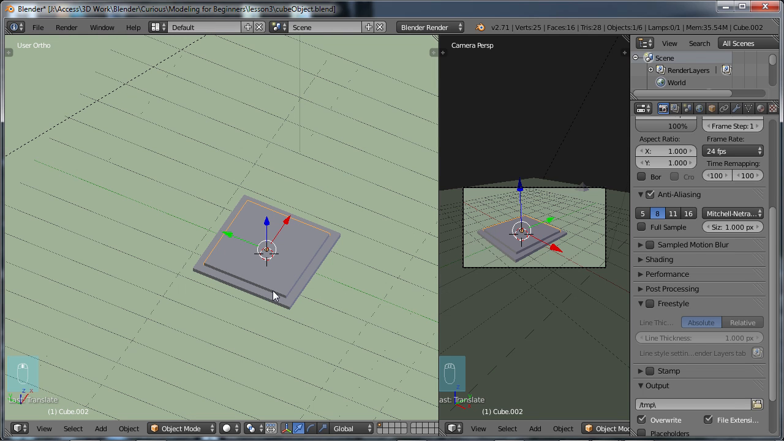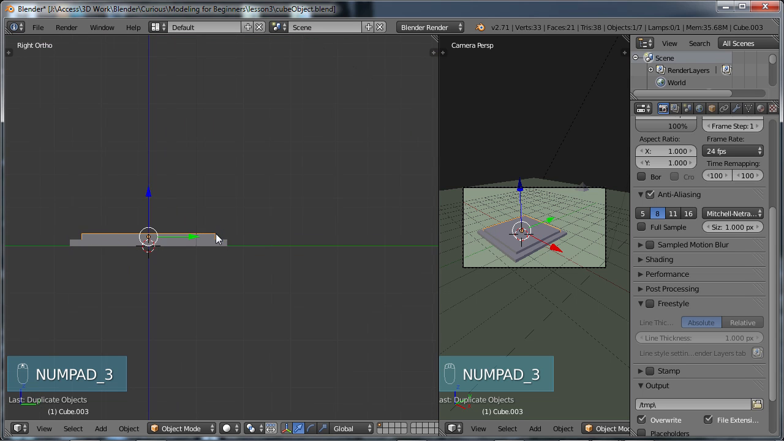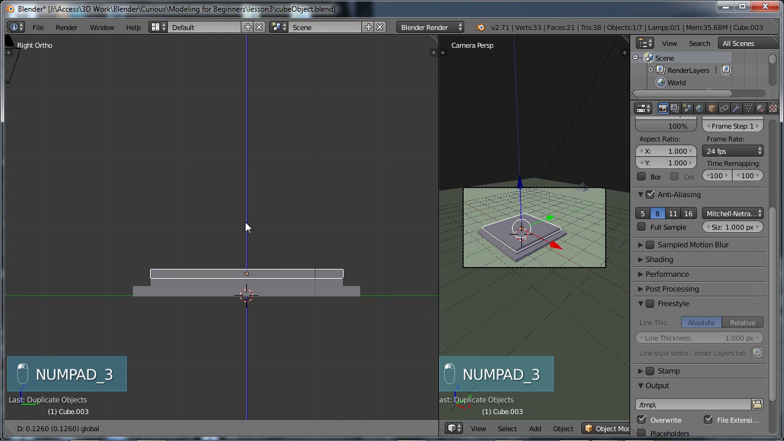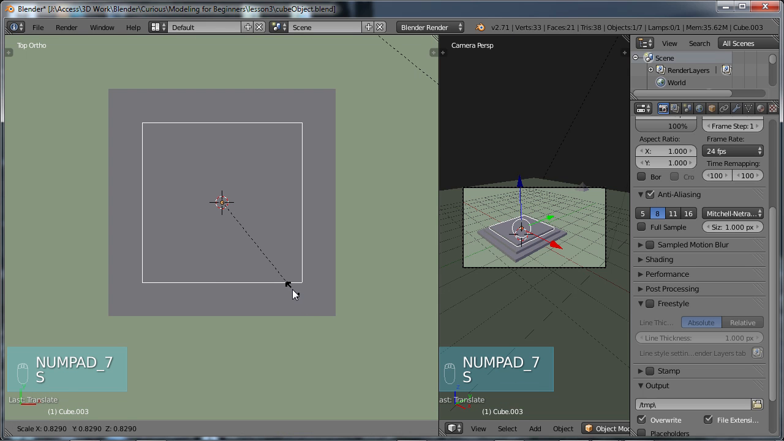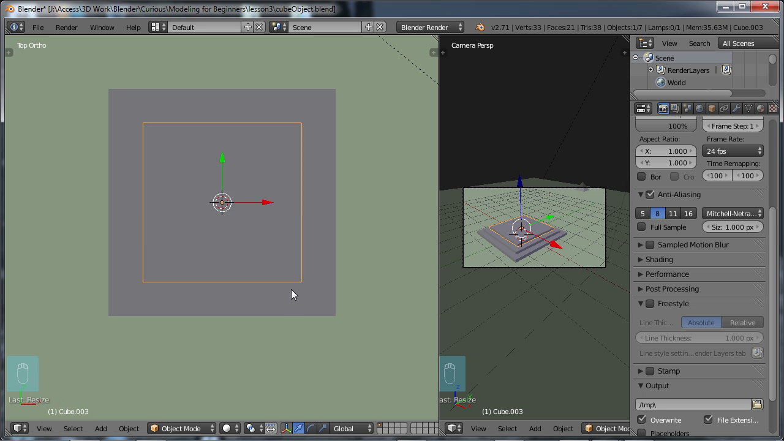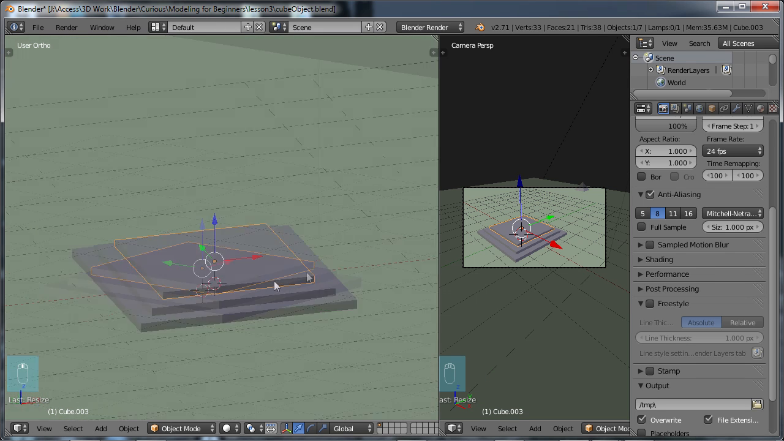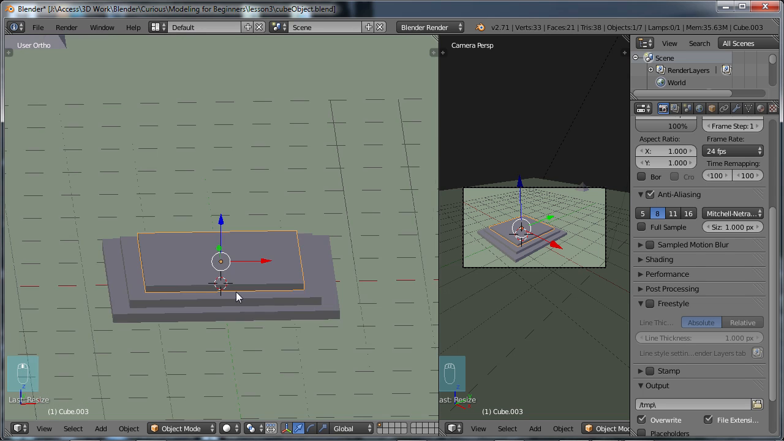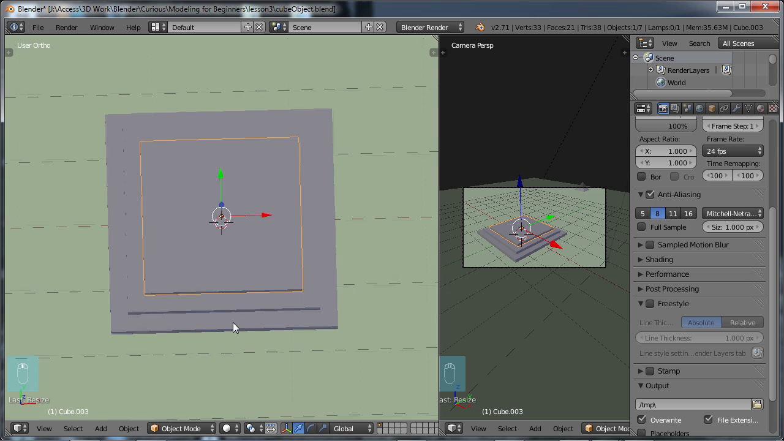And now I can do this again, just do a Shift D duplicate and go into 3 side view, bring this up, go into 7 top view, scale it down. It's kind of hard to see it directly in top view, but something like that. Now, I'm just really eyeballing this, so it's kind of a rough way to do it, but a more precise way to do this is you would do something like